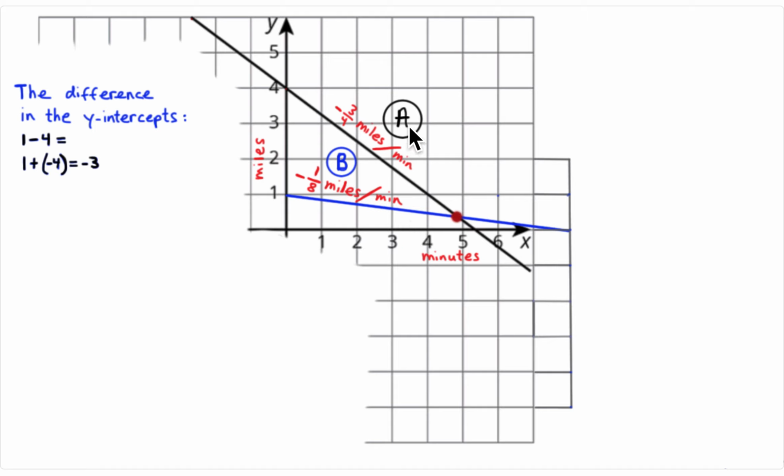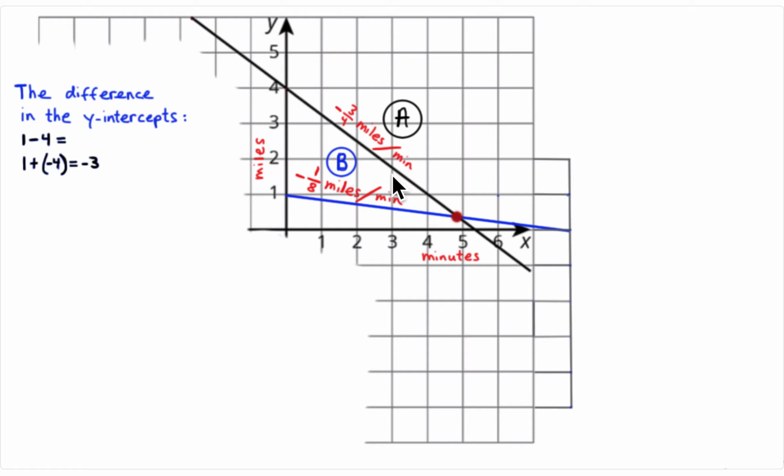are, you can view A as traveling towards the restaurant, and it's really catching up to B. So A is catching B. And at some point, A is going to pass B before they get to the restaurant, and then they're going to meet at the restaurant. A is going to get there in a little over 5 minutes, and B is going to get there in about 8 minutes. But at some point, they will be the same distance away from the restaurant because A has